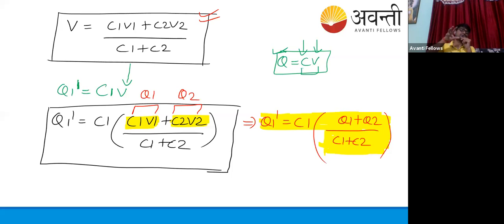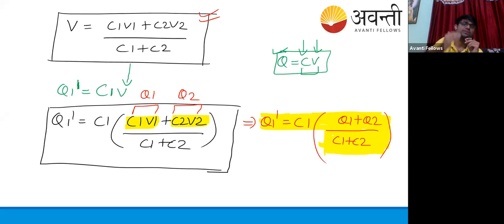Here, one student has texted me that since they are kind of parallel, you can do it like this. But don't think on that, because it behaves somewhat like series also. For series, the rule is different. For resistance in series it was R1 plus R2. Here the rule is different: for capacitance in series, 1 upon C equals 1 upon C1 plus 1 upon C2. I request you, no need to take tension on this.